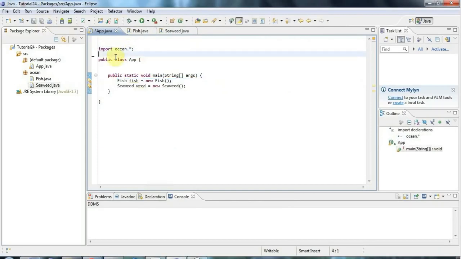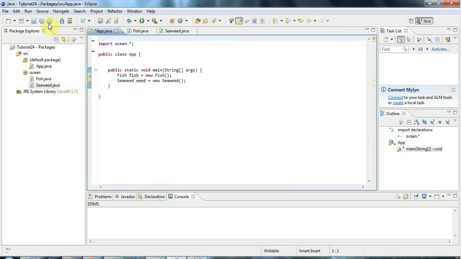But the great thing about using modern IDEs like Eclipse is that you actually never have to worry about typing